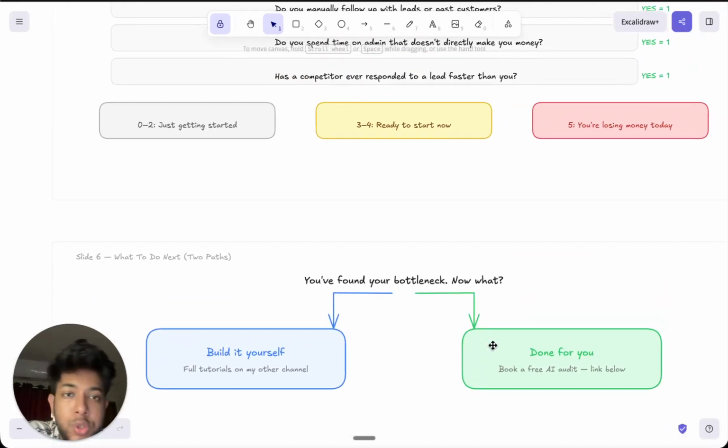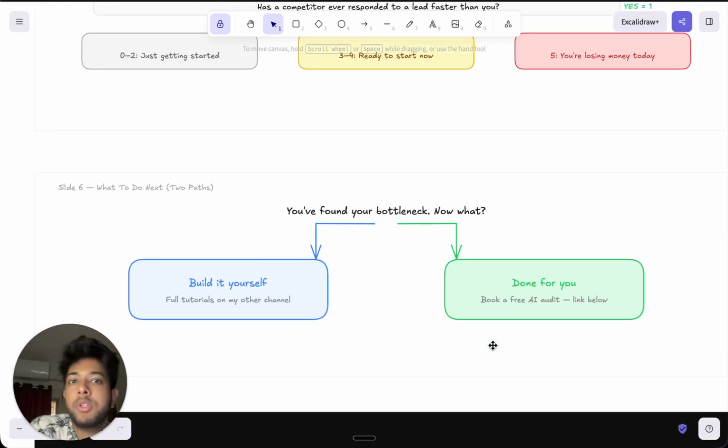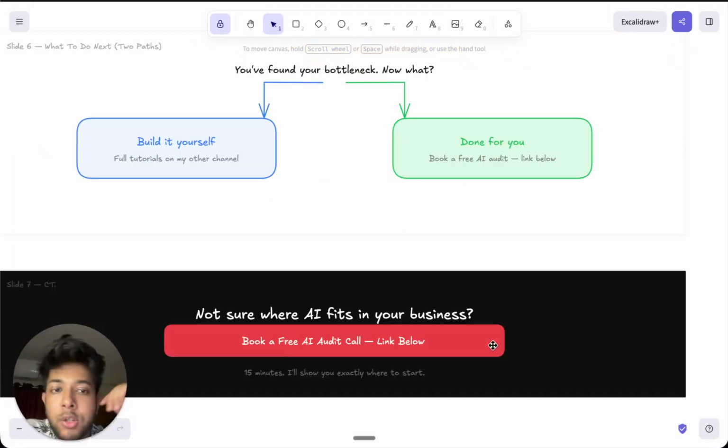Now what you can do is build this yourself, because I have a lot of YouTube tutorials on my channel, so you can go through them, see which AI does what, and install them and build them around your business. But also, if you're someone who doesn't want to go through the learning curve, and you want an AI consultant who actually understands AI and knows how to implement AI in businesses to drive ROI,